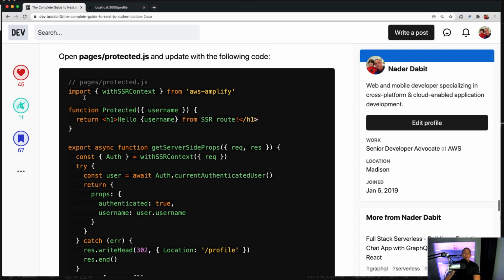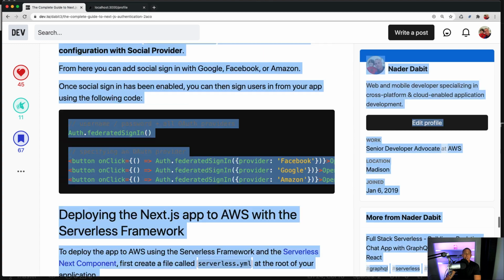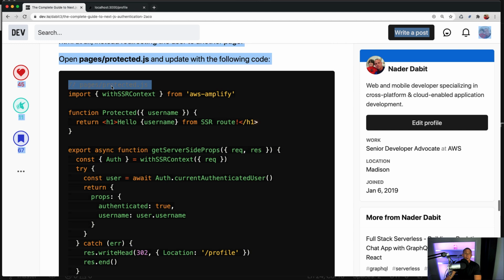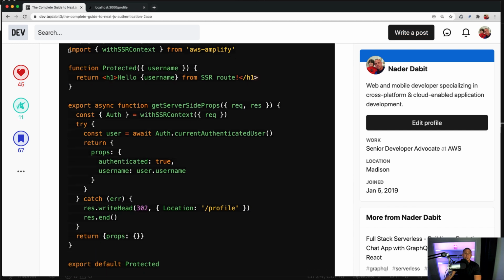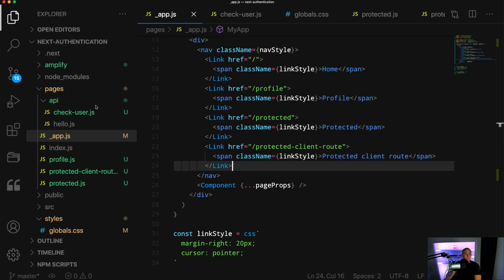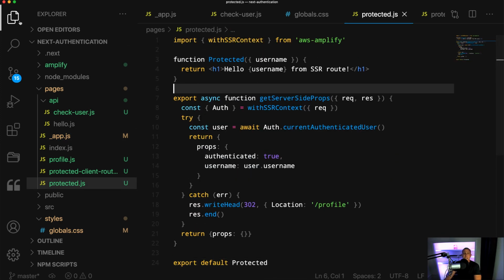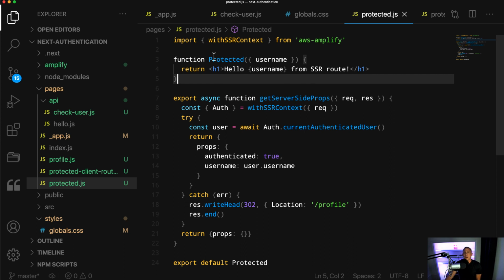So what we're going to do is go back into protected.js and make a few updates. So I'll go ahead and copy this code and we'll go back to protected.js. And what we're going to say is we're importing withSSRContext, and then the protected route is actually extremely small now. It's just 3 lines of code. We're just going to return hello username from SSR route